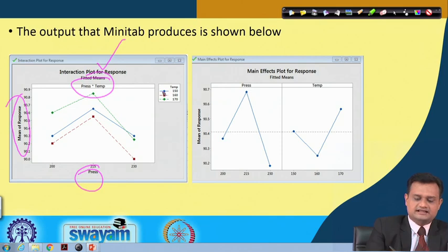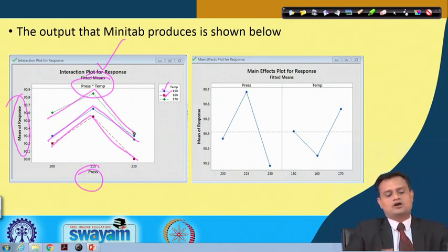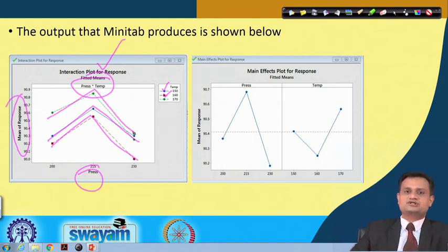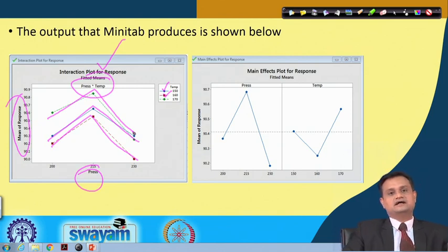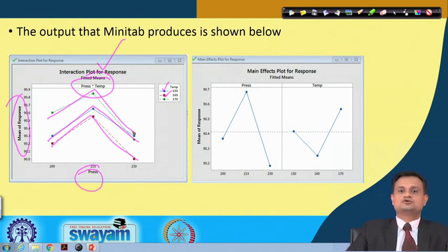So what you see here, that blue line is basically this particular one, that is the temperature 150. This line is basically 160 temperature, and this is 170. So more or less you can see that the interaction is not present, and that is what we tried to prove through statistical analysis also.